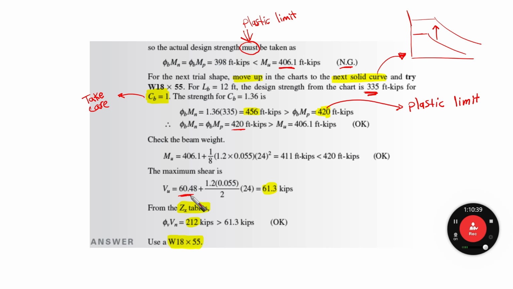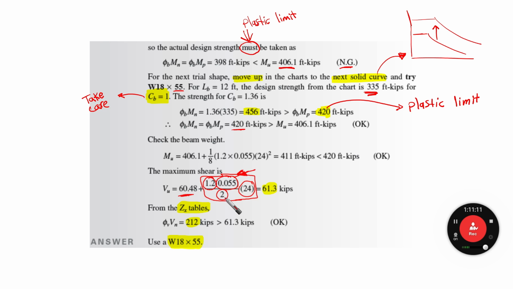This is 60.48 plus 1.2 times 0.055 over 2 times 24, which is the total length of this beam. 1.2, again, is the load combination factor for dead load. 0.055 is the self-weight per unit length of this shape, which is 55 pounds per foot length, and over